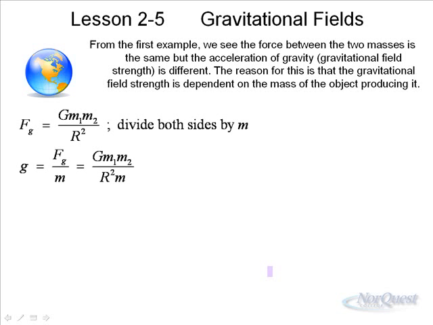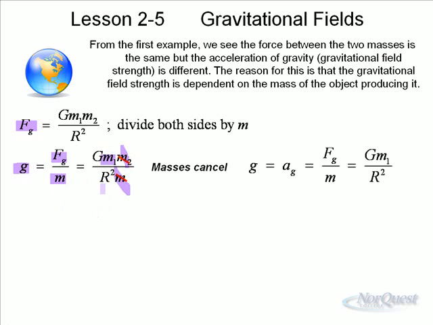And so in order to find out the gravitational field around an object, you can take your basic formula for the force of gravity, which of course is given in Newton's universal law. Since the force of gravity is equal to mg, then g is equal to the force of gravity divided by one of the masses. We use m2, so we divide by m2. Usually the bigger mass we call m1. And so when we divide by m2, those m's cancel, and we're left with